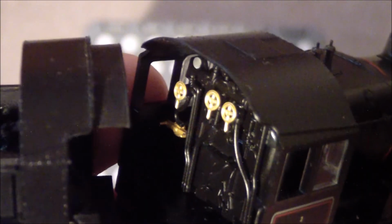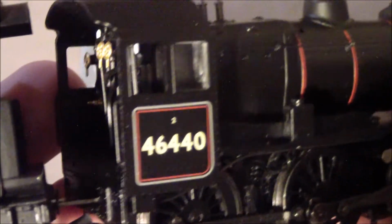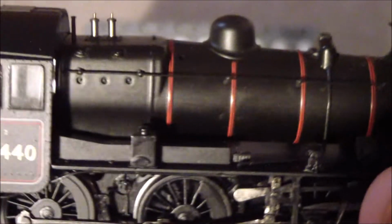The cab looks quite good. So you get some of the details painted there. Obviously, it's not up to the standards of more modern locos, but for a model of this age, it's fine. Although, of course, these models are still being sold for quite a high RRP. So, if we are going by the current recommended retail price of the models, then some of this sort of